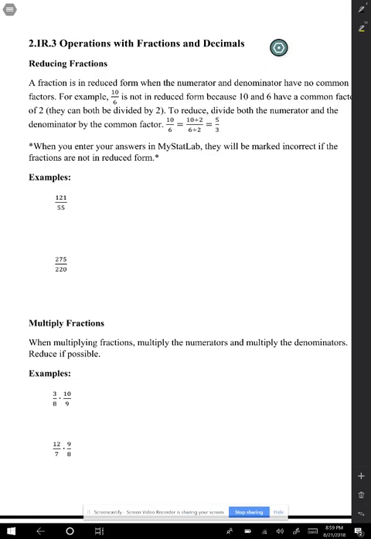So the example I used here was 10 over 6, which is not in reduced form because 10 and 6 can both be divided by 2. So to reduce, you would simply divide 10 by 2 and 6 by 2, and you would end up with